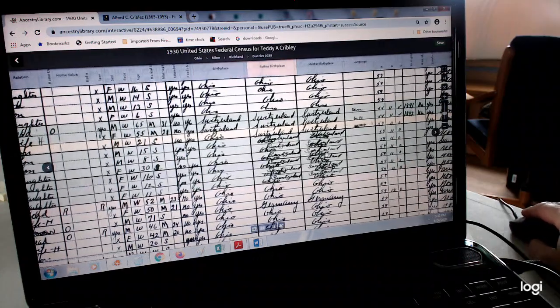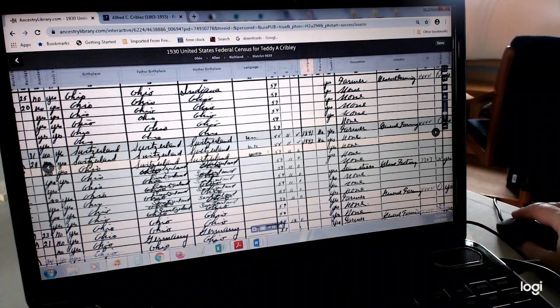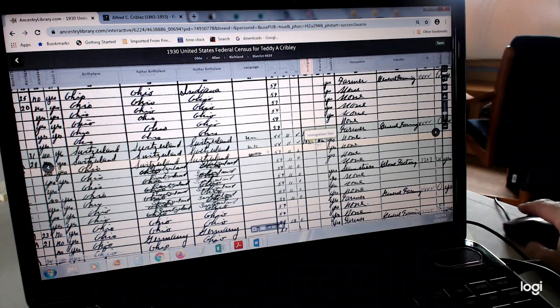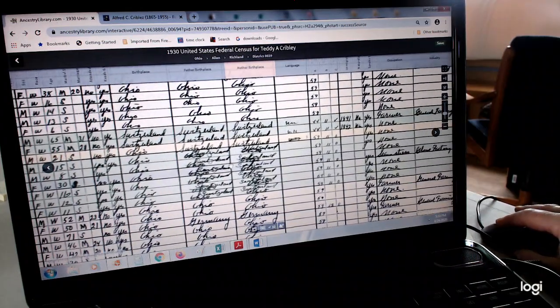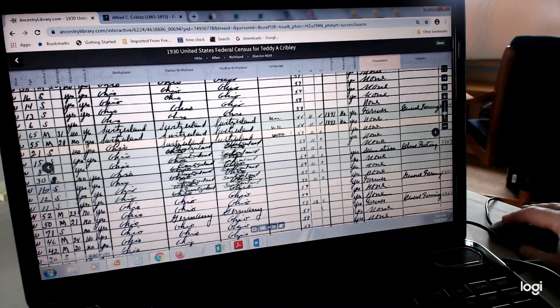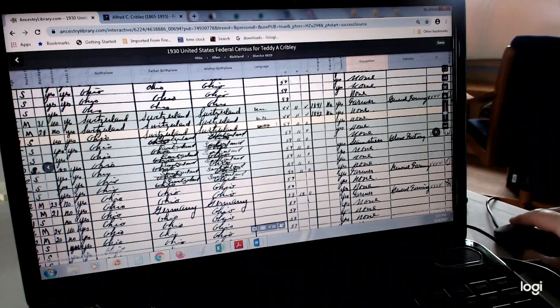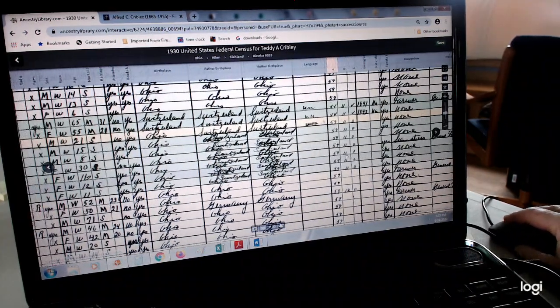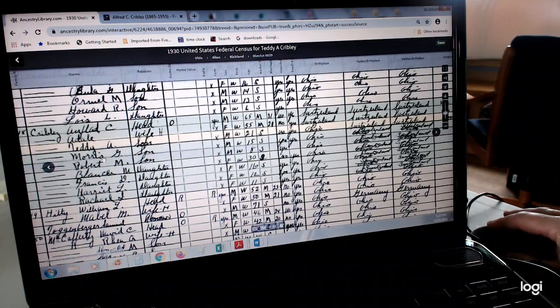Let's see if we find any new information here. Here you can see the immigration dates change. He said now his is 1891 and hers is 1892. He's a general farmer. If we look down here, this one is a seamstress. Oh, somebody is still working at a glove factory. And that's about all the information we're finding here. Okay.